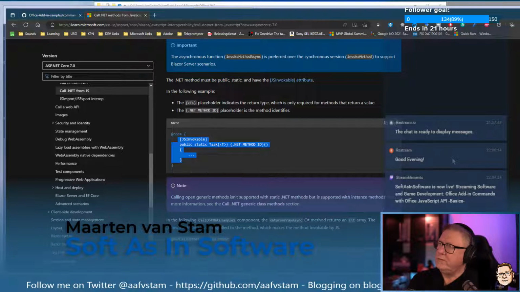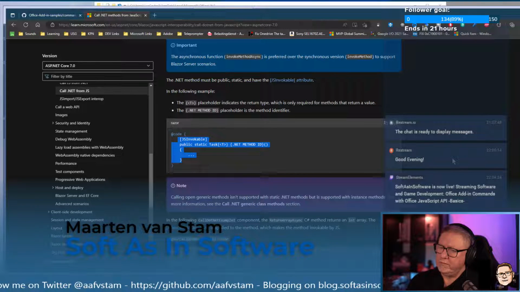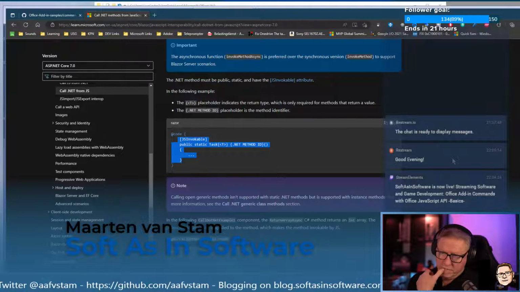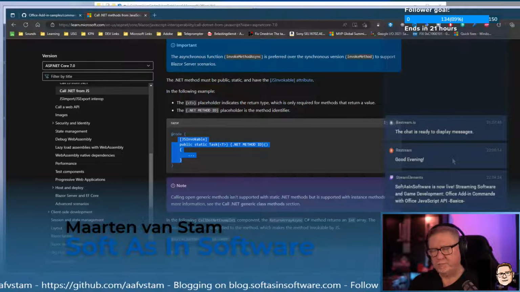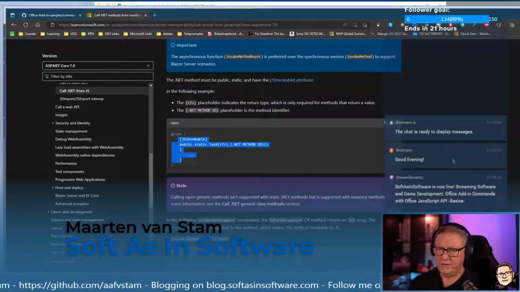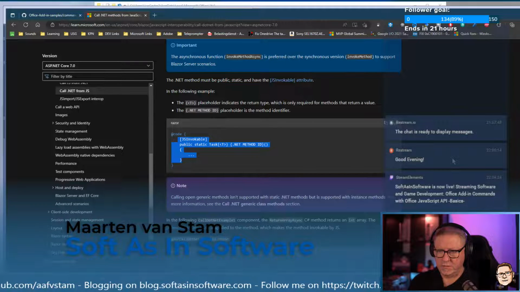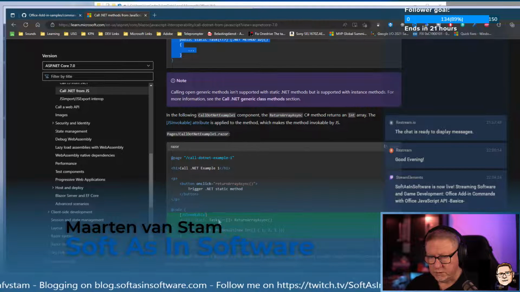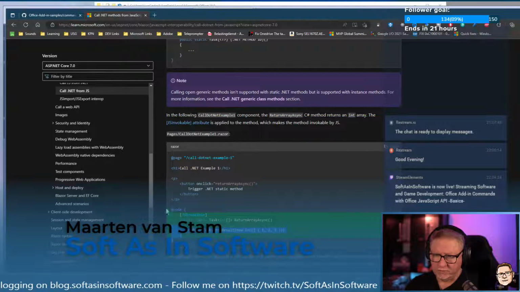But to do so, you need to have some code loading after Blazor is loading. Because if we put this into